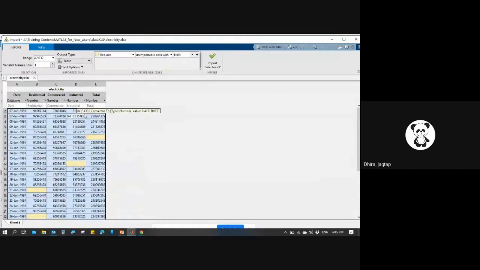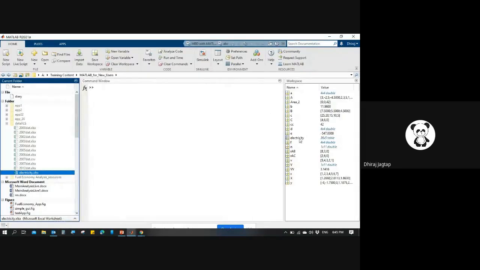First I need to import it into MATLAB. If I click on this green sign, MATLAB will import it as a variable called electricity. The size of this is 36 by 5. Let me check this. Yeah, so this is our